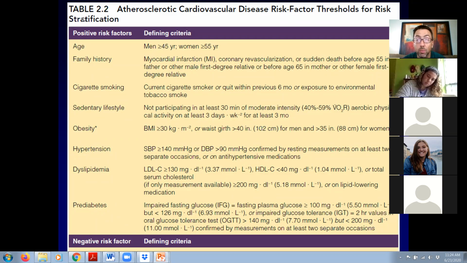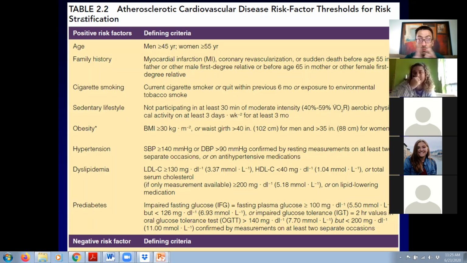Or do you have a female first-degree relative that had any of those things that occurred before the age of 65? Okay. So what we're going to do now is make a tally on our 7 risk factors, and it's just going to be a yes or a no. We need to see how many of these risk factors we do or don't have to make decisions. Are we going to be low risk or moderate risk?